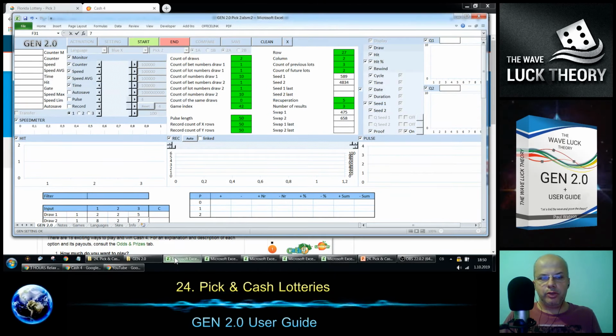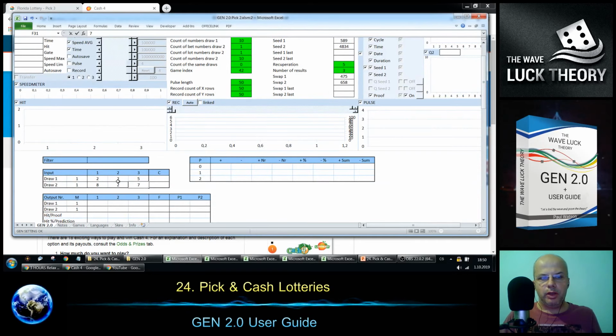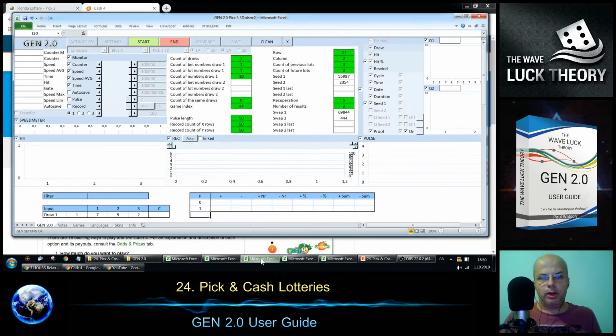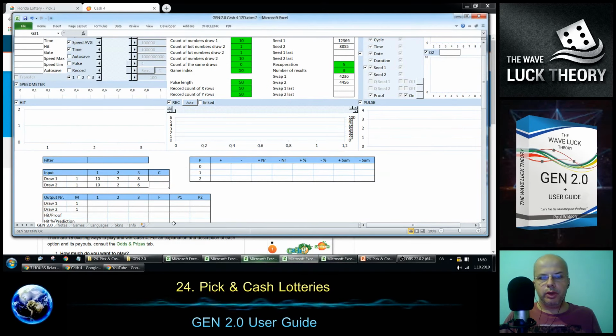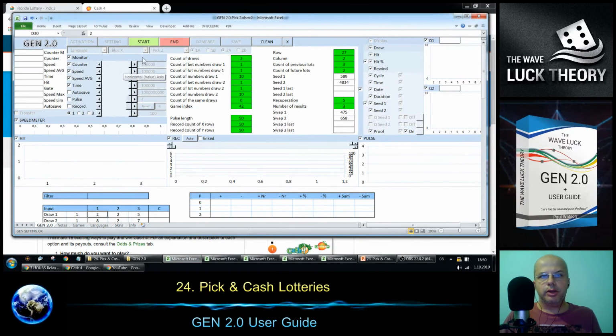Just let me check if I put a 0 somewhere. So pick 2 is okay, there is no 0. Pick 3, draw 1 and 2, also no 0. Pick 3, draw 3. Yeah, we have here, instead of these zeros, we are using 10, which is correct. And finally that's it. So we are ready to start the gene right now, and let's start it, starting with